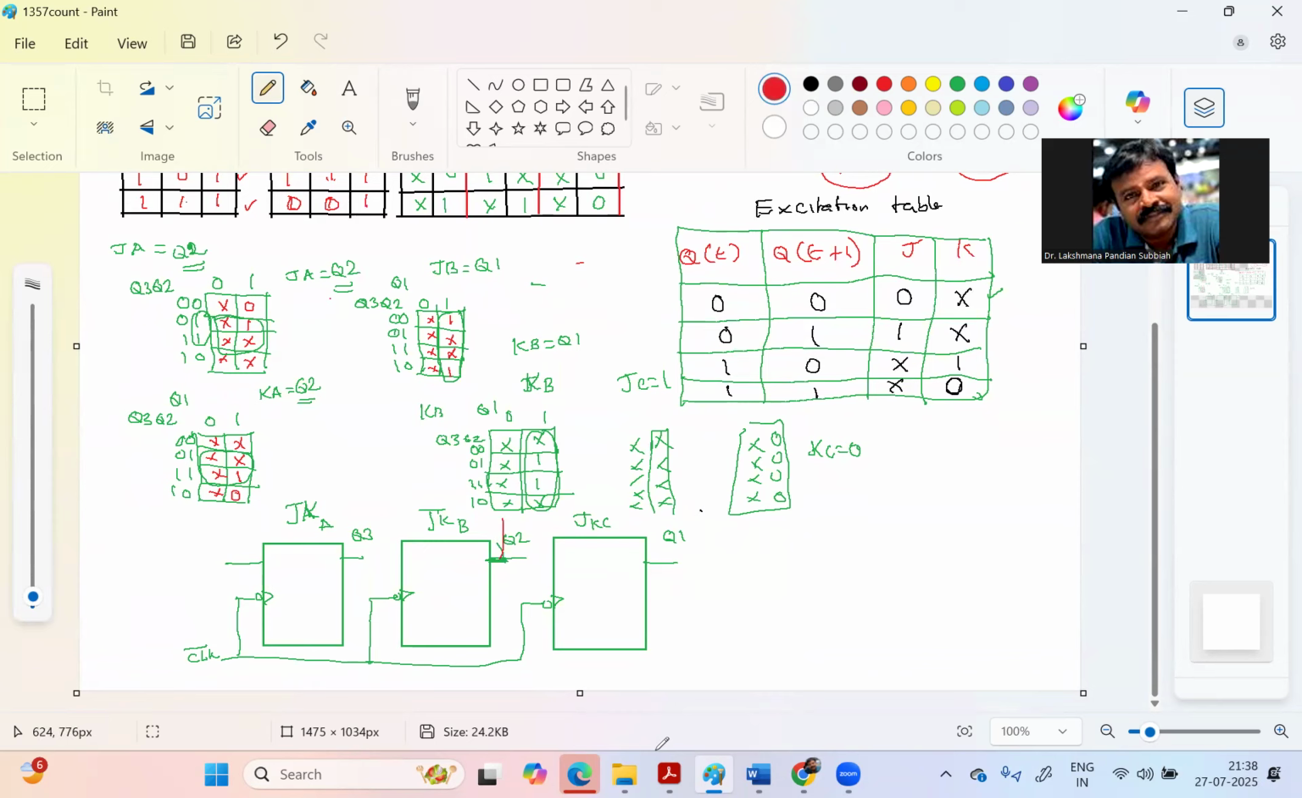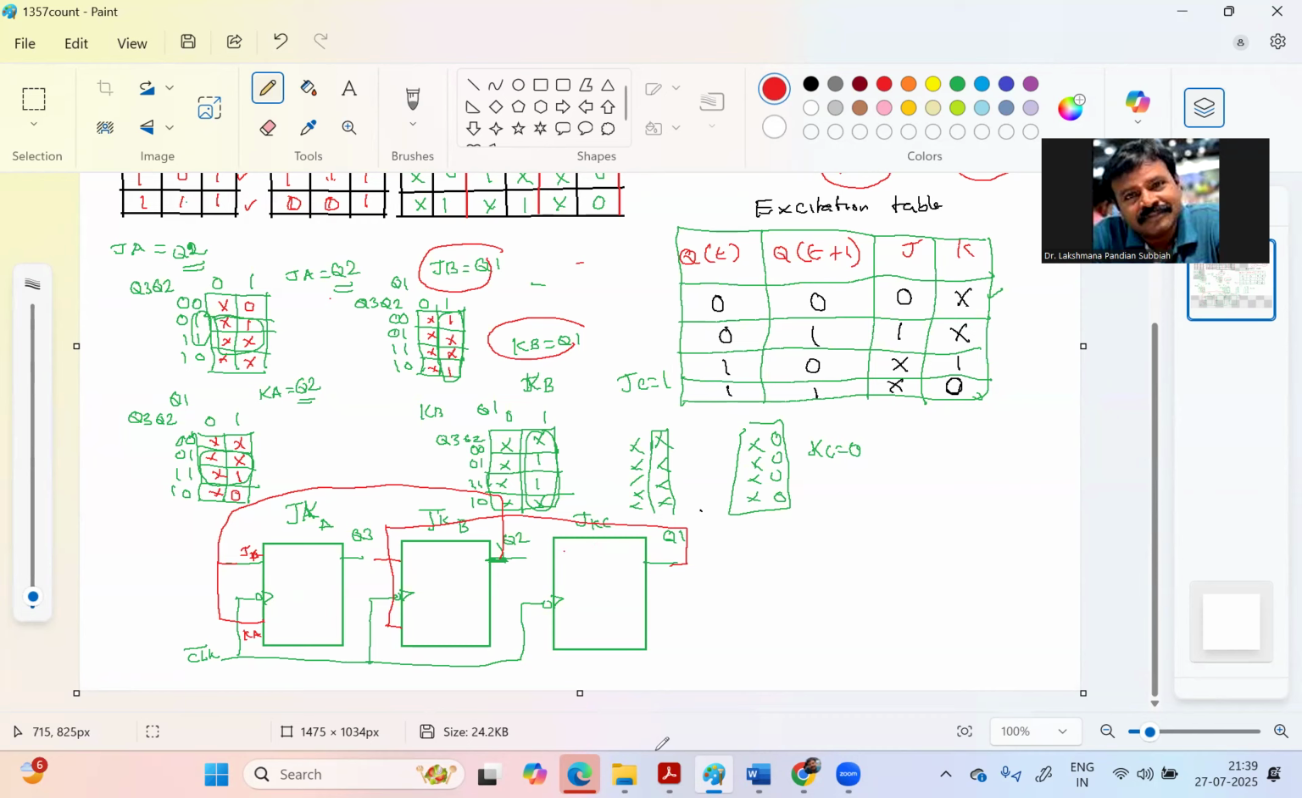This line is going to connect with J as well as K. JA, KA. JA and KA. JAK, right? Next, JP. JP is Q1. JP equal to Q1. KP also Q1. JP, KP are connected with Q1,